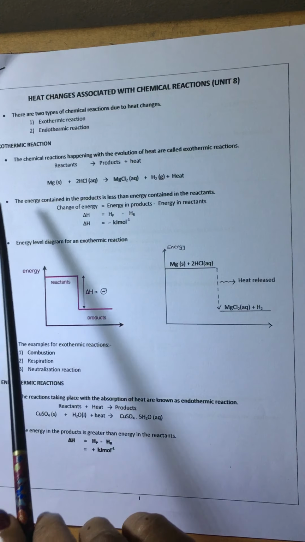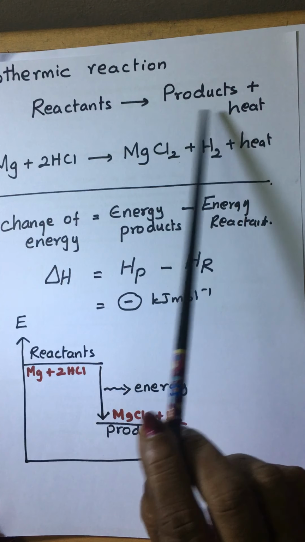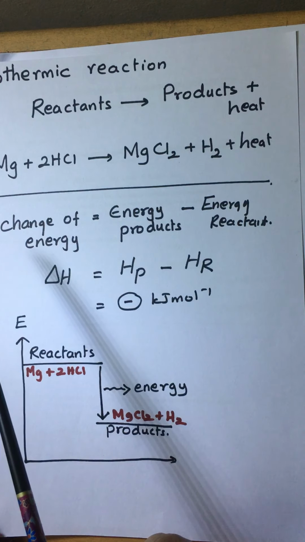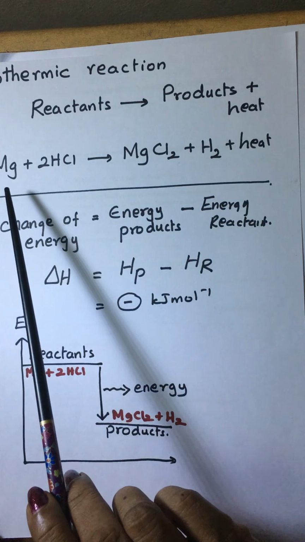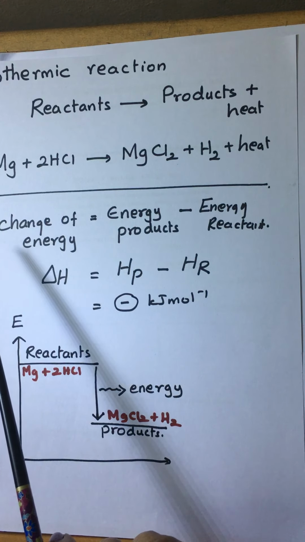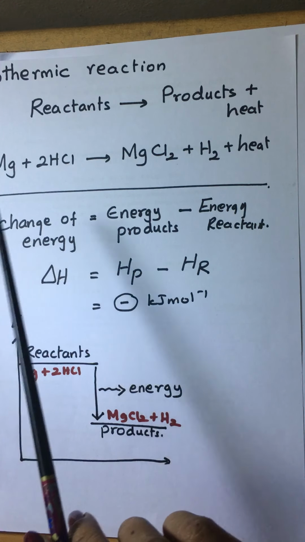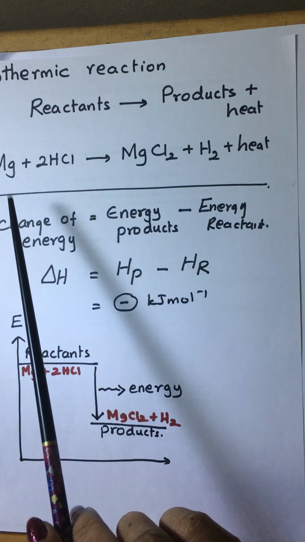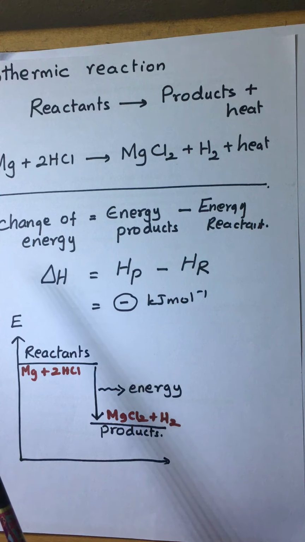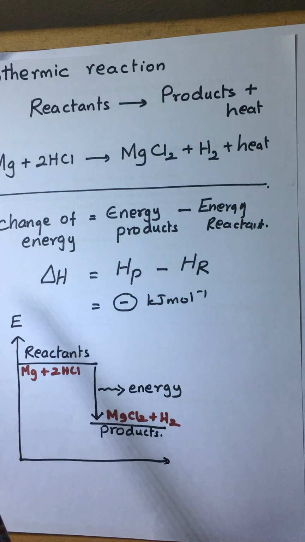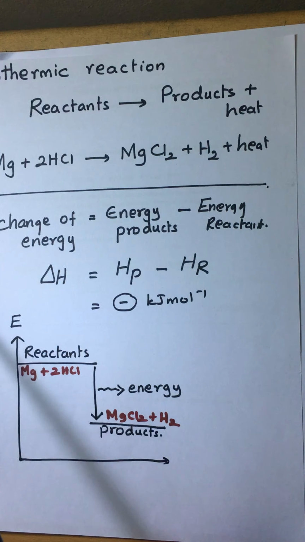Now when you look here, the reactants become products. After the reaction we call them products, and at the same time heat is released out. So during a chemical reaction, the products and the heat are obtained, right? Most of the reactions are exothermic reactions. Most acidic reactions, basic reactions, and metals with water are all exothermic reactions, where heat is released. So when you hold the test tube or boiling tube, you feel the test tube become hot because the heat is released from the system to the environment.